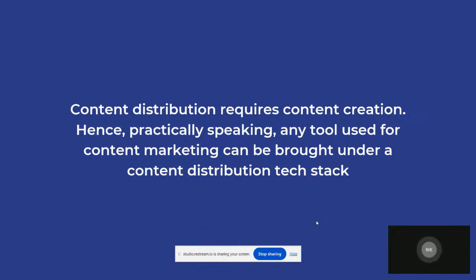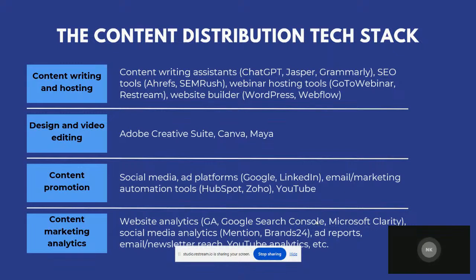So in that sense, practically any tool that you use for content creation will also come under the content distribution tech stack. We'll also look at a few specific examples or hidden gems that you can use for creating and distributing content. But I think this is how an essential, or minimal, content distribution tech stack should look. I'm not saying that you should have all the tools in the list. I've just mentioned them as examples, right? You just need to have maybe one or two in one category.